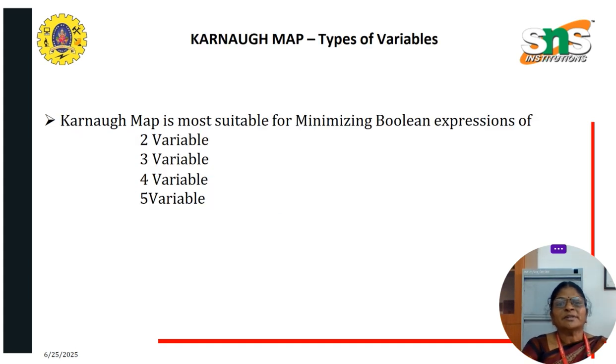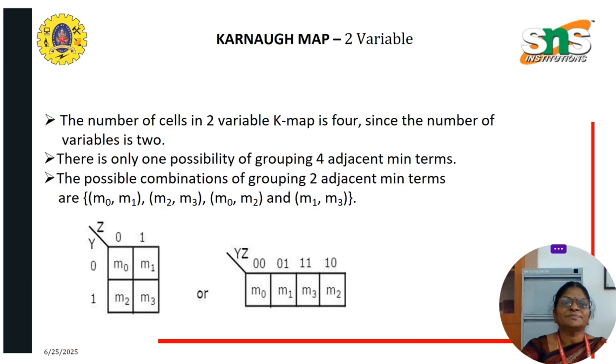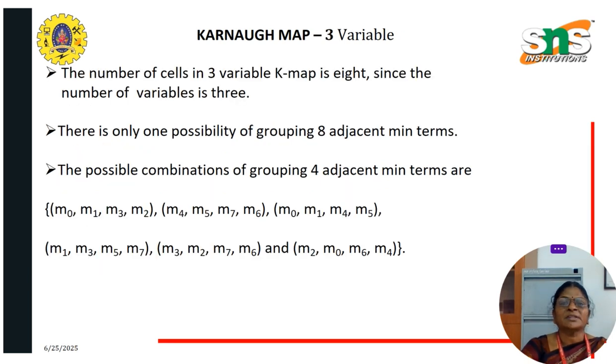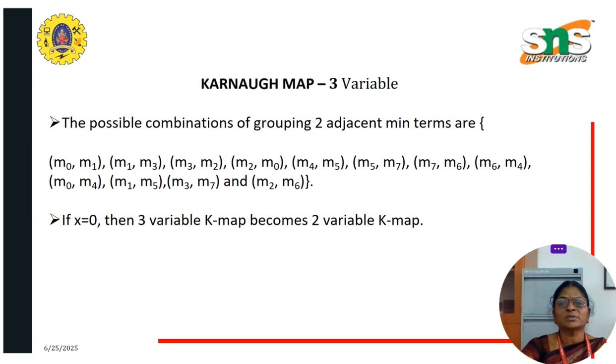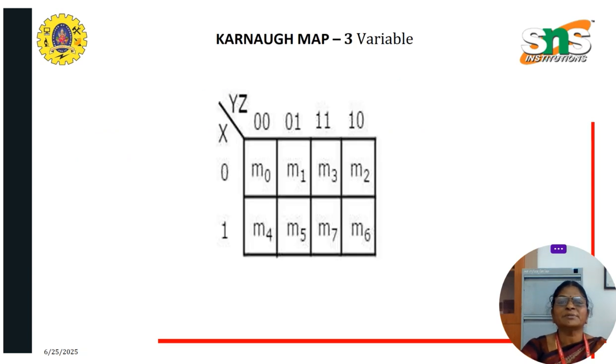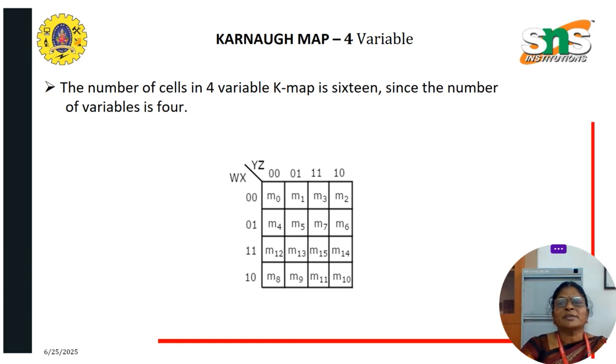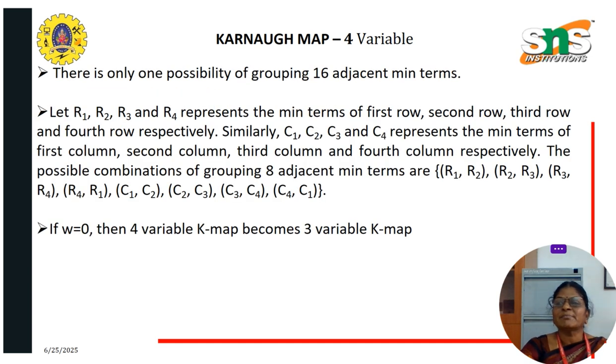And the types of K-Maps are 2 variable, 3 variable, 4 variable and 5 variable. So this is 2 variable which consists of 4 cells, and 3 variable which consists of 8. That is, the number of variables is 3, so 2 power 3, and these are the adjacent minterms for 3 variable. And this is 4 variable which consists of 16 cells. So we have 16 cells row and column wise. That is our minterms and maxterms, and these are all the variables